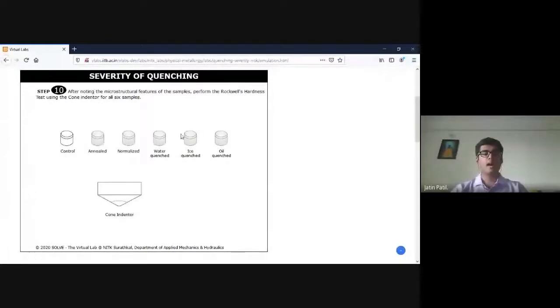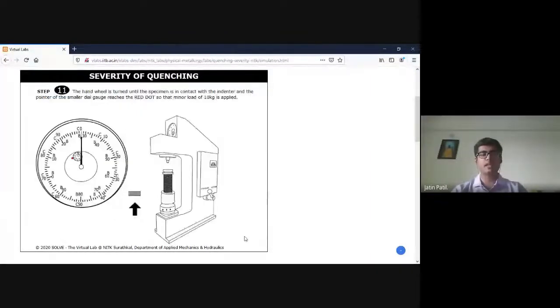After we note the microstructural features, we will try to relate these microstructural features with the hardness. So we'll now proceed to getting the hardness numbers. We will be using the Rockwell hardness C scale for this purpose. We will mount the specimen on the Rockwell hardness C scale and hover the mouse over this arrow to apply the minor load. Once the minor load of 10 kg is applied,